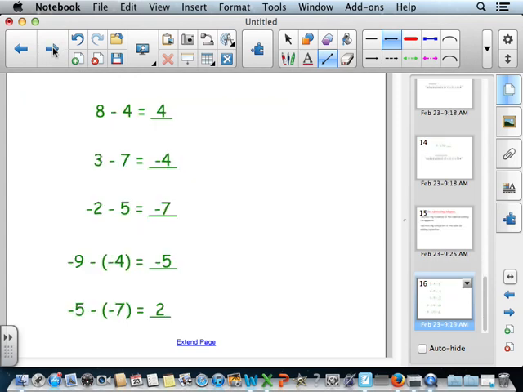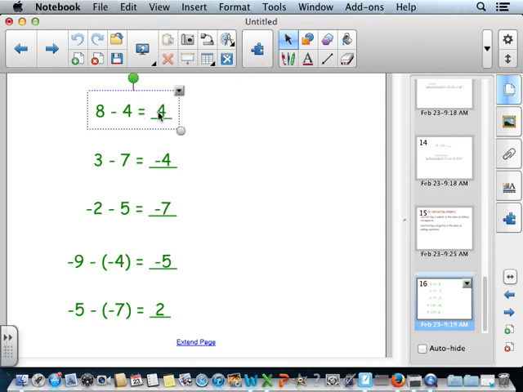Now I want to take a quick look at the 5 examples that we did using the number line. I have 8 minus 4. 8 minus 4 is easy enough to do that I don't necessarily need a number line. I also don't necessarily need my rules for subtraction, but I can still use either one and get the correct answer. If I were using my rules for subtraction,